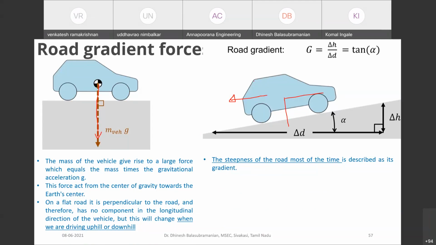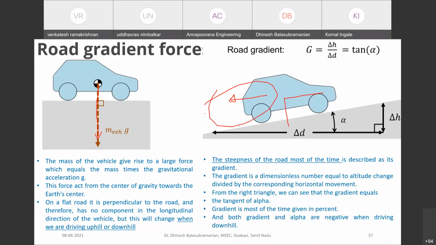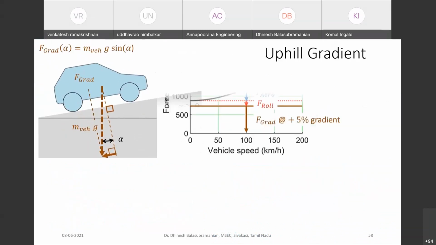So think about traveling on a horizontal line, and think about the same vehicle traveling in hilly conditions. Whatever forces I described earlier concentrate only on a horizontal road surface, that is, only the rolling and the aerodynamic force. But when you are trying to climb a hill, you need to focus on the gradient force also. At the time of climbing the hill, the forces would be resolved into horizontal and vertical components, and this horizontal component would be pulling your vehicle further down. So at the time of gradient, the gradient force should also be taken into account.